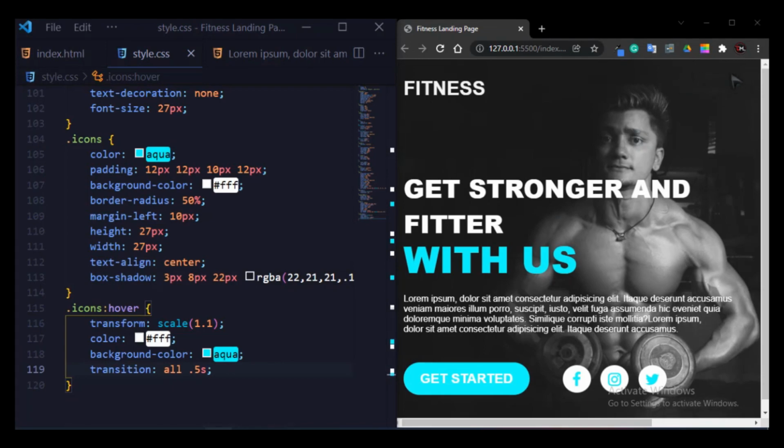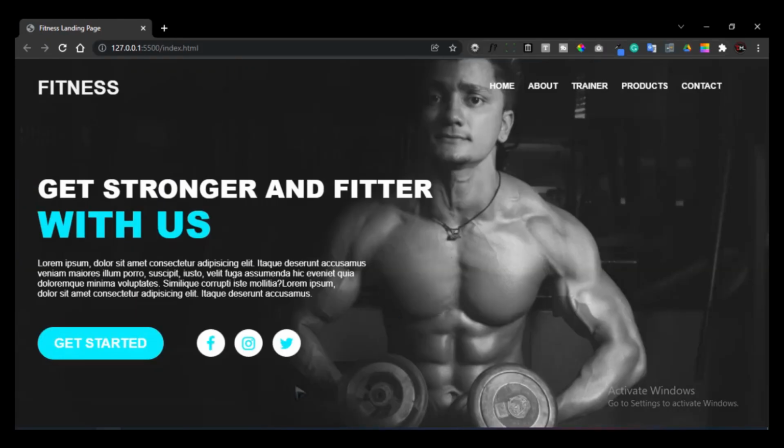So let's check it out. When I hover on the social media icons, wow, it looks very great. It looks amazing. So our fitness landing page using only HTML and CSS is ready.